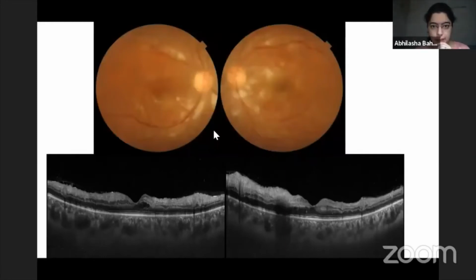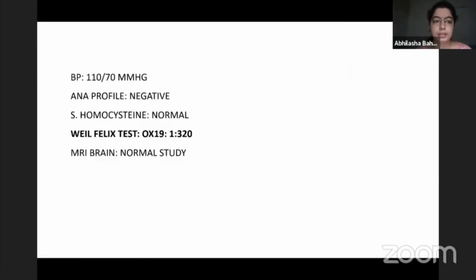Now here you see the retina looks very dry, ischemic, and the optic nerves look pale. There is a little retinal thinning also that you can see, although there is inner retinal hyperreflectivity. I wanted to rule out collagen vascular diseases like SLE. We checked her BP, her ANA profile was normal, homocysteine was normal, MRI brain was normal, and Weil-Felix was again